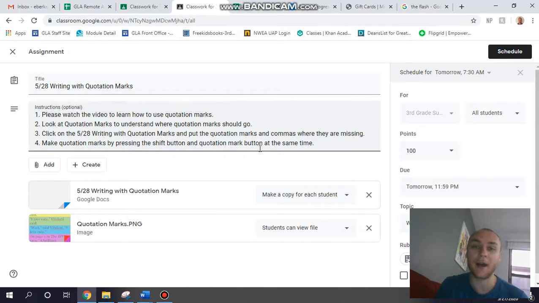Tanya and I worked through how to make an @ sign the other day, when you have to click the shift button and the 2 at the same time, and it took us a while because he wasn't clicking both of them at the same time. When he clicked them both at the same time, he really got it super well. So please remember that you need to click the shift button and the quotation mark button at the same time.